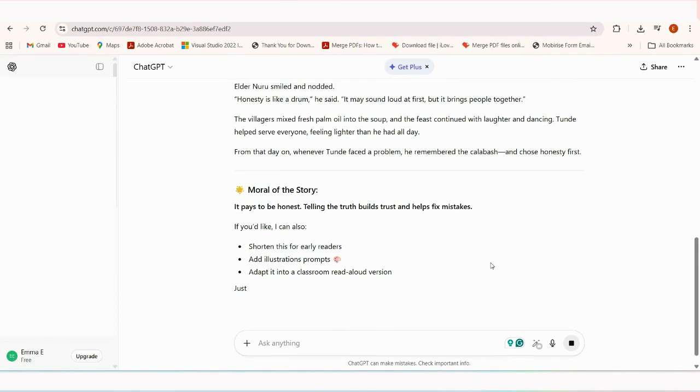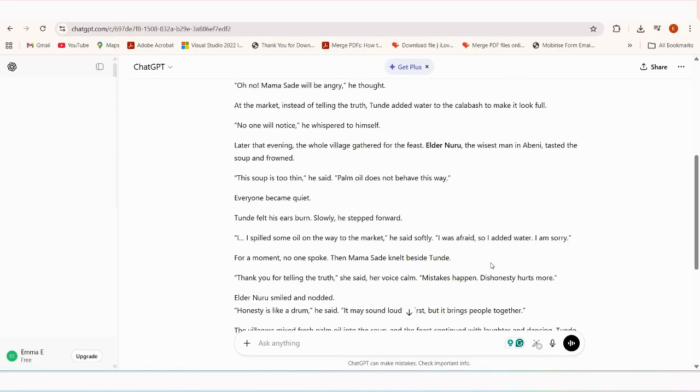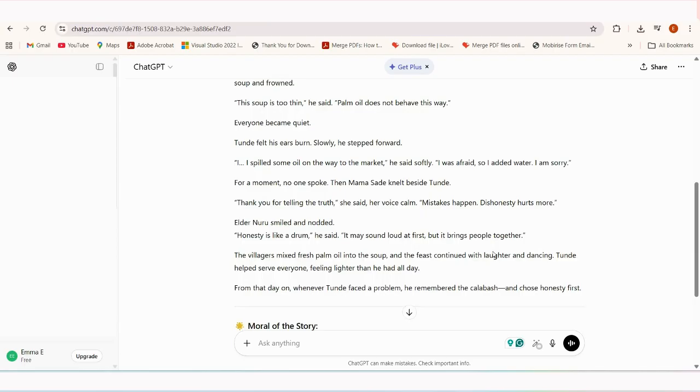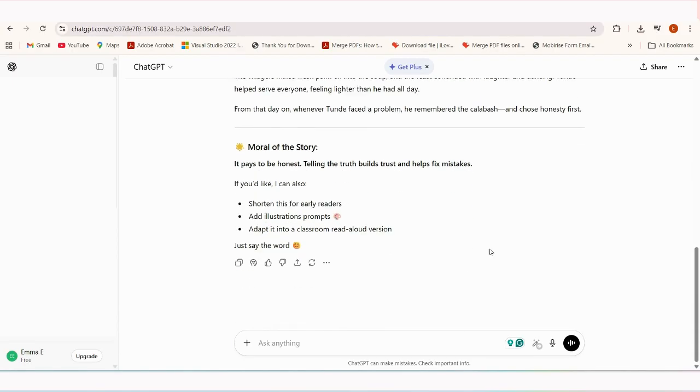Can you see? The moral of the story is it pays to be honest, and the truth builds trust and helps face mistakes and all that. What we have there may not be exactly what we have in the ebook. That's just to tell how AI works. You can do this 10 times and get 10 different stories. So what I do right now is to copy